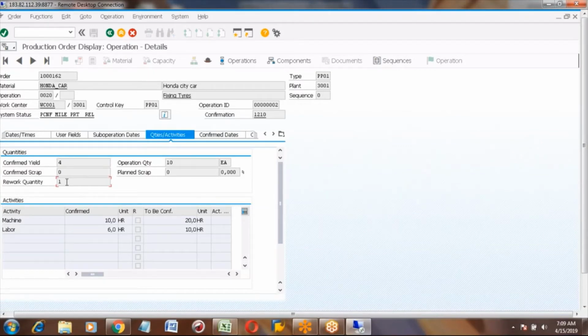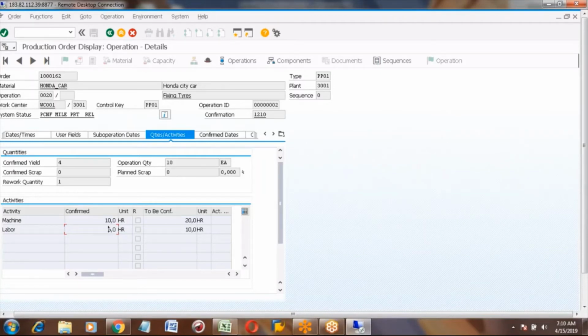In the production order also, you can see the details. And here you can see to be confirmed. As per plan you need to confirm these hours, but you confirmed these hours, machine hours and labor. So these details you can check in the production order.